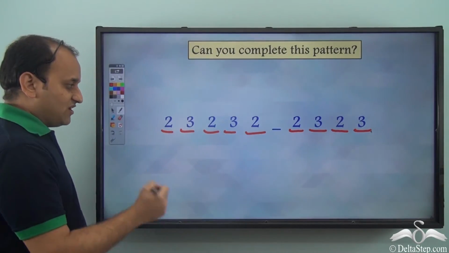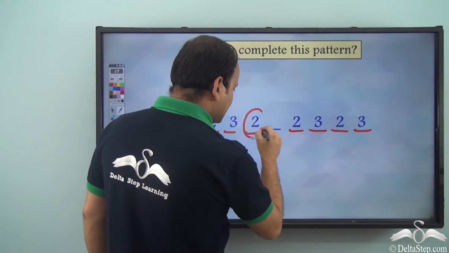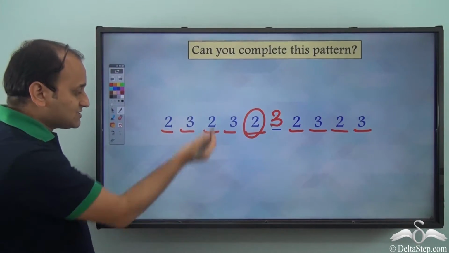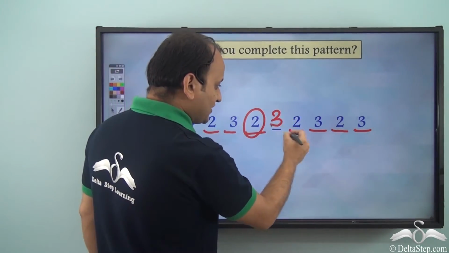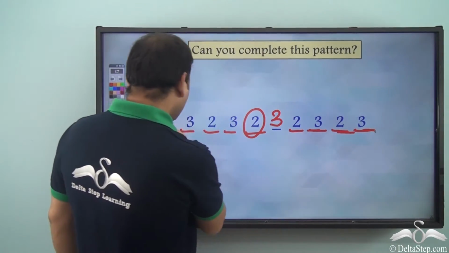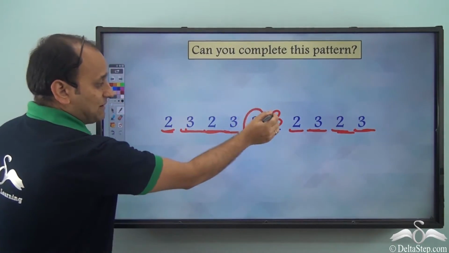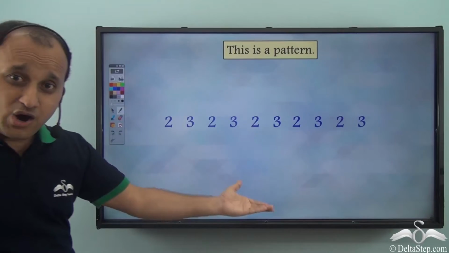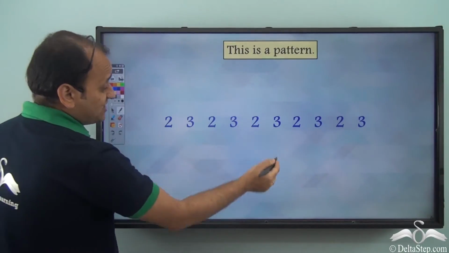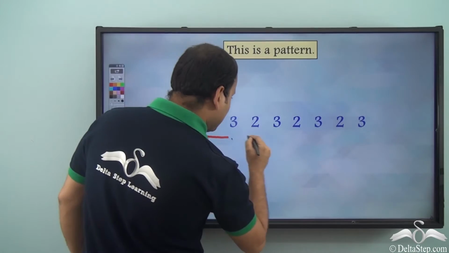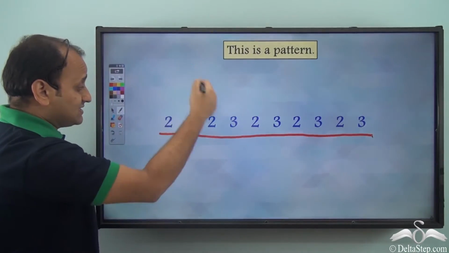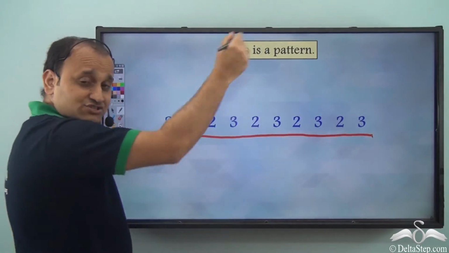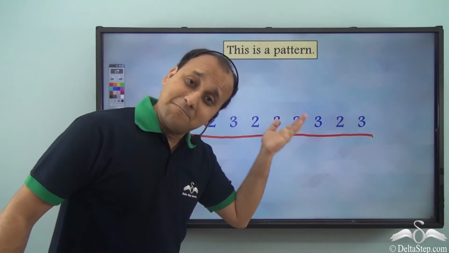So from this we know that if we place after this 2 a 3, then this becomes a pattern, because after every 2 we have a 3. That's what is the pattern in this case. So if we place a 3 here, this becomes a pattern. So now we have a pattern. So once this 3 is placed here, then we have a repeated design. That is a repeated design of numbers. 2, 3, 2, 3, 2, 3, and so on. So this is a pattern.